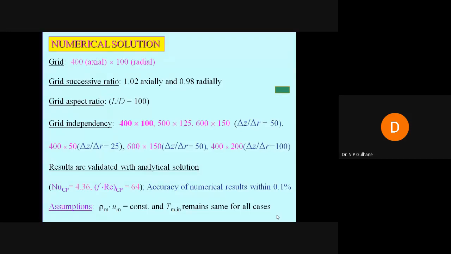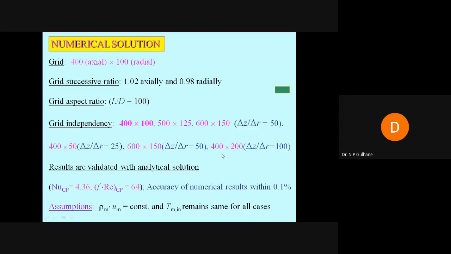Velocity profile changes at the inlet. High gradient density changes take place at the wall because of high temperature. So this type of mechanism is captured at these two locations. Therefore, density gradient is very high at the inlet and at the wall. This is the reason the gradient mesh is used, in order to capture the abrupt change in the flow and temperature field in both directions, that is the radial direction and the axial direction.